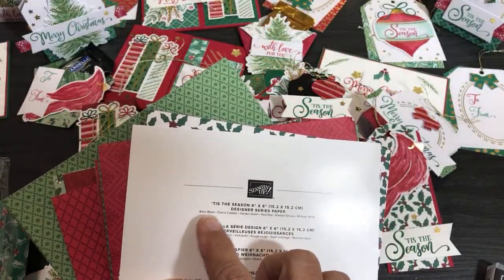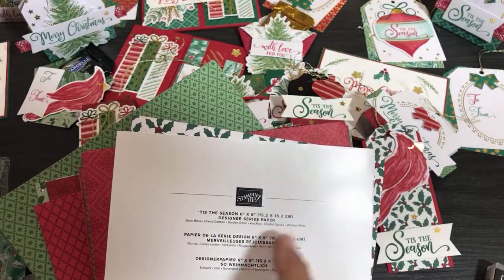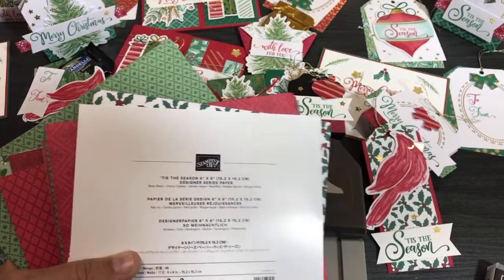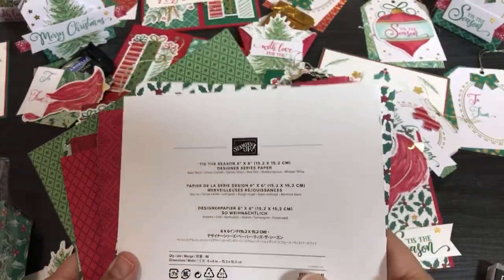Black, basic black, cherry cobbler, garden green, real red, shaded spruce, whisper white. So do you notice something? Garden green, real red, shaded spruce, whisper white. And of course, black and cherry cobbler. What does that mean? This means that to me, out of all the papers in this holiday catalog, which is